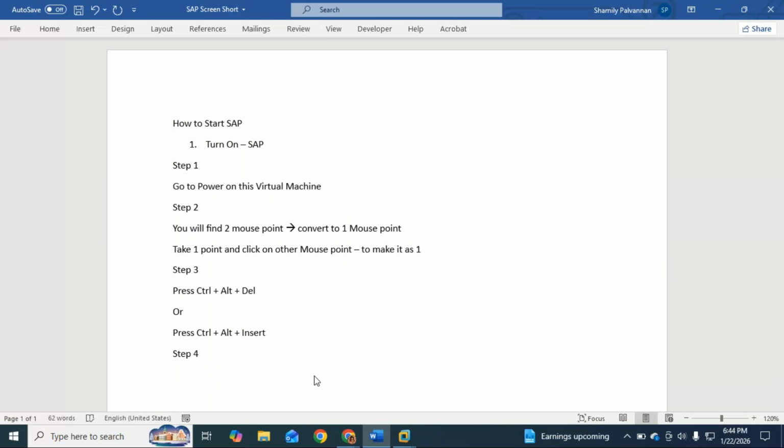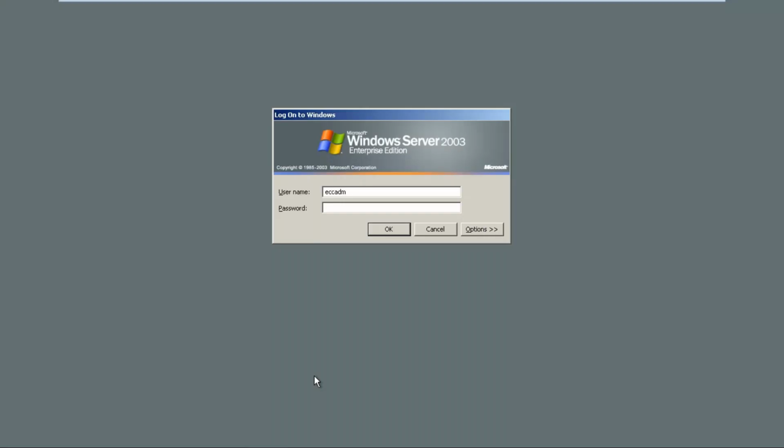So to run through the virtual machine, first I have to activate it. That means I have to run this. To run this, it is asking me for a username and password. Don't change any username. By default, it will show you as